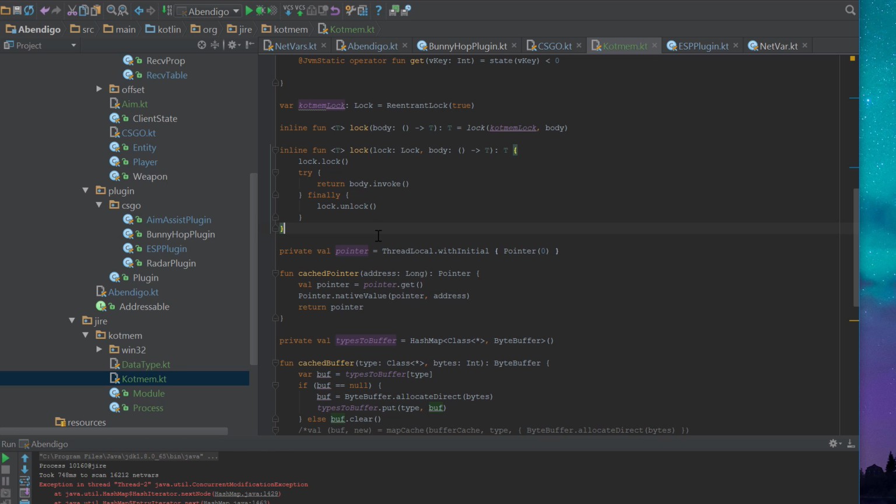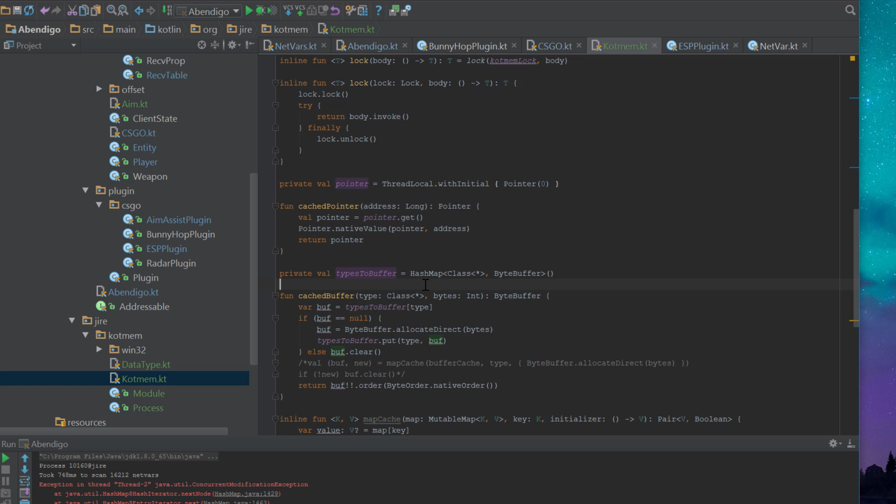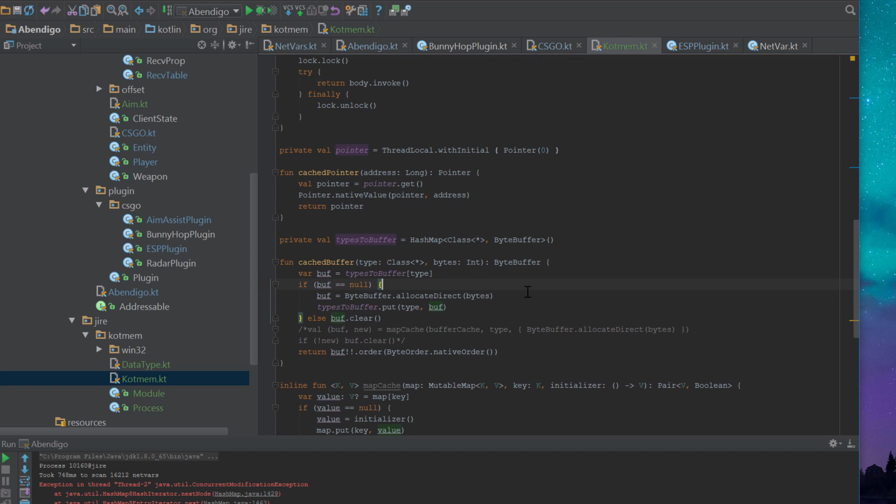So that's the way that I cache pointers. We simply only have 4 pointer objects if we had 4 total system threads that were accessing pointer. So there you go. Then the major caching for byte buffers is simply a hash map, and with the hash